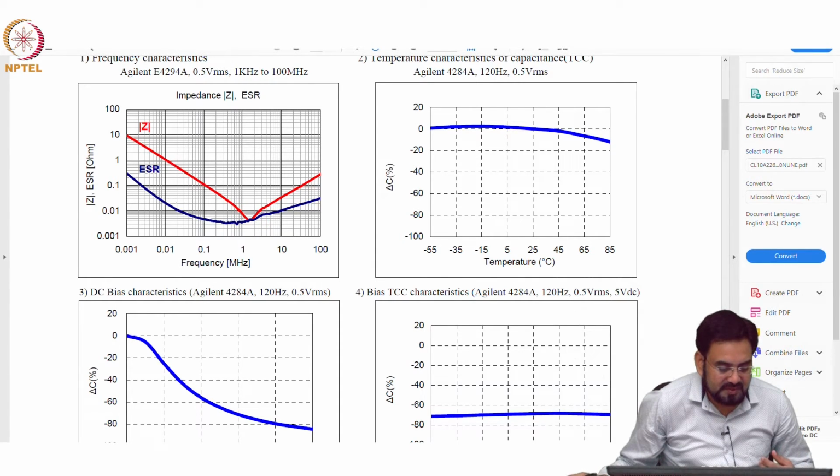Ideally you want this curve to keep going, but this is happening due to the inductance. At higher frequency your impedance will be high because of the inductance. But if there is no inductance, then it will be limited by your ESR. So, it will flatten out, but ESR is also usually a function of frequency, and that is why it is changing.